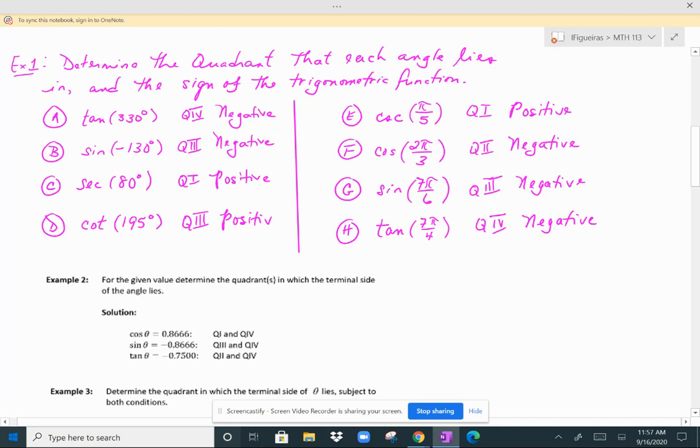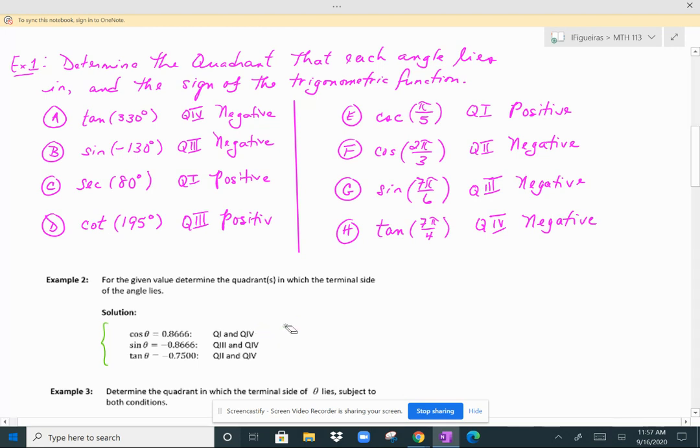Less restrictions. We are given a value for these three trig functions, and we want to state all possible quadrants where this angle may lie. So we don't know what the angle is, but we know that the cosine is this positive number, 0.8666. So where is cosine positive? Cosine is positive in quadrants 1 and 4. So theta could be a quadrant 1 angle or a quadrant 4 angle, and it would give us the same